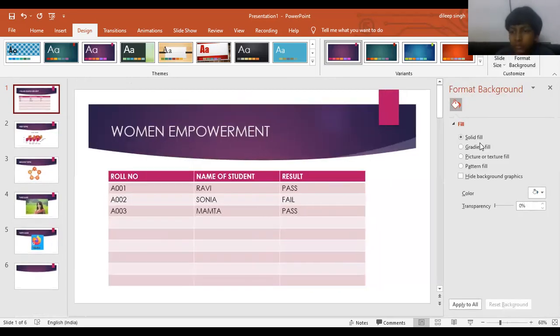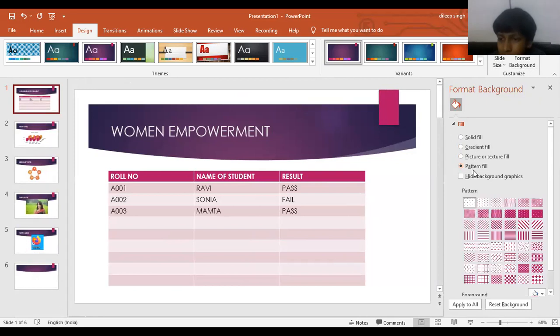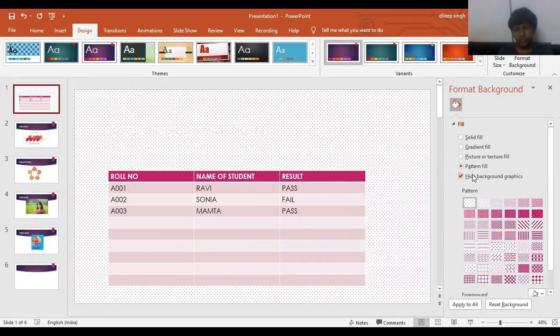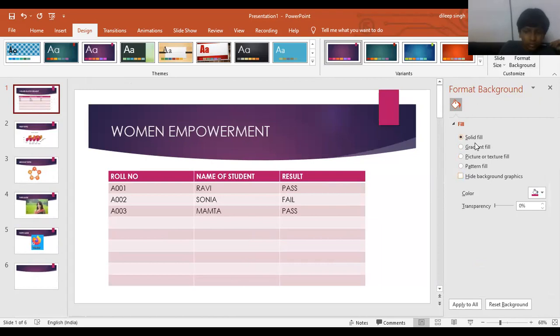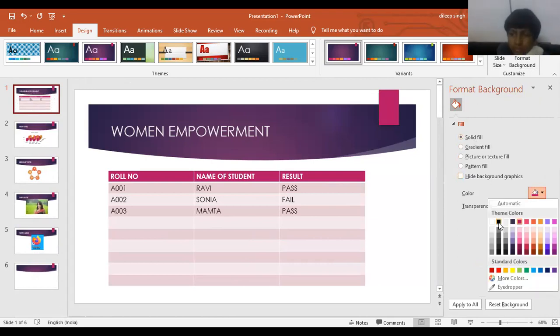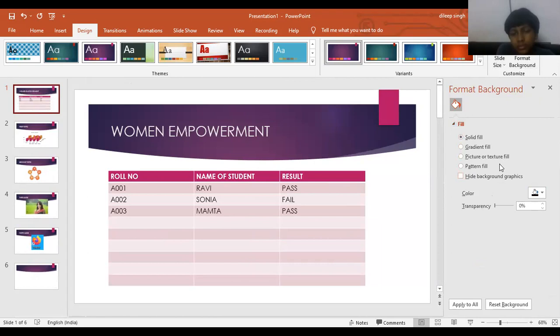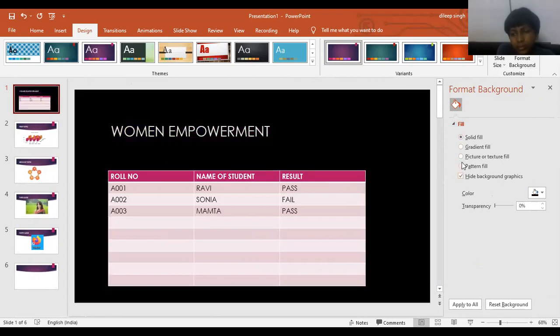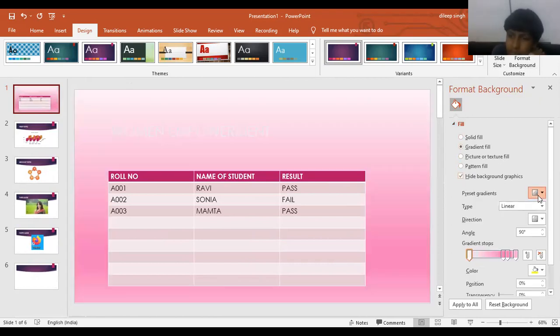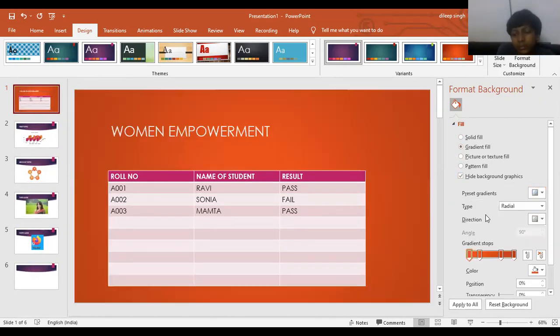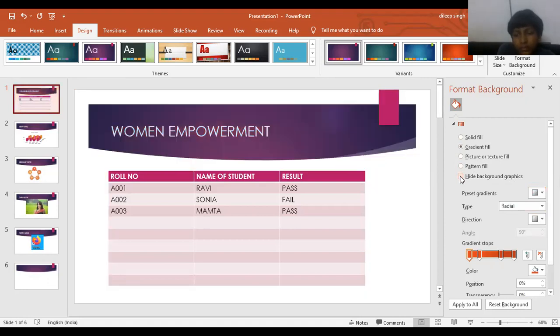And here's the format. When you click on format, here are the different options. You can choose any one for your slide. Here we want a solid color, just click on this and click on this. You will get the slide like this. If you want to hide the background, then we set the background by using this. Choose any one for your slide. If we want to remove the background graphics, then we apply these options. Otherwise, we take the background objects, then it will show like this. Clear? So that is all about design.